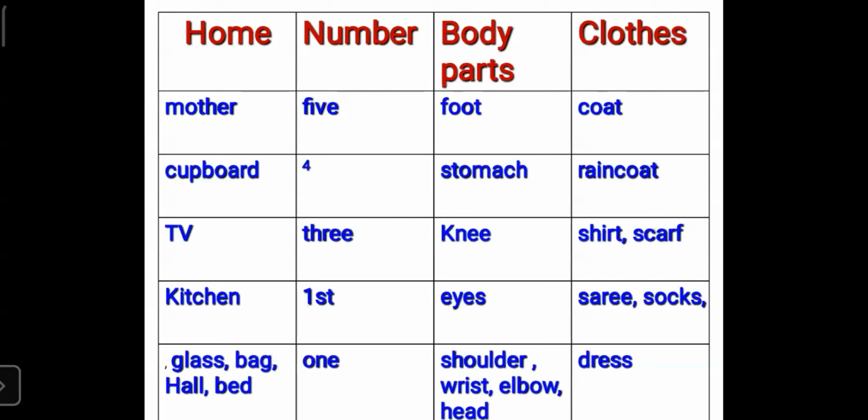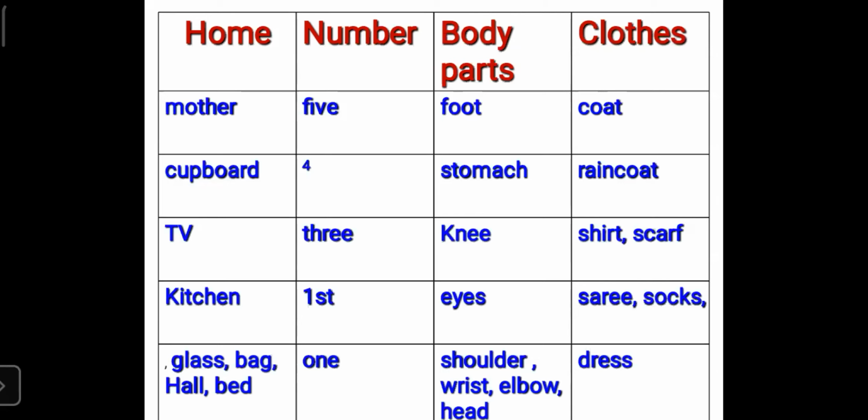Those who have not written, all of you see in the first circle, that is home circle, you will write the words which I have written in the home column, one below the other. If you see that there is not enough space, then you can put a comma and you can write the words. Okay, I will read it once more.